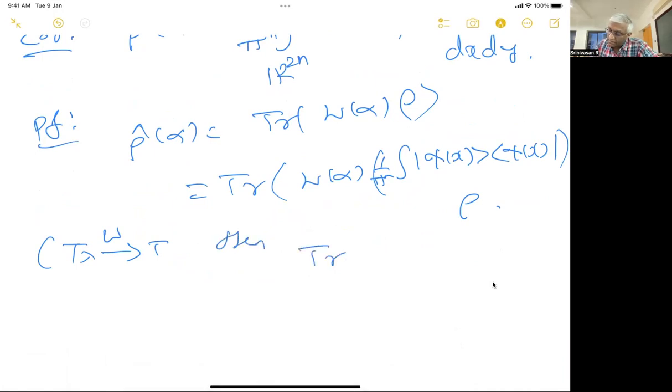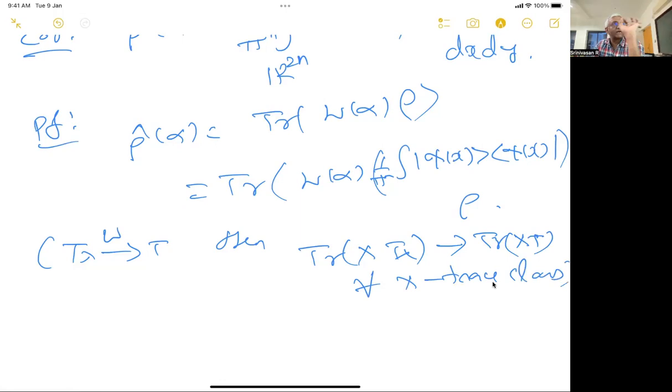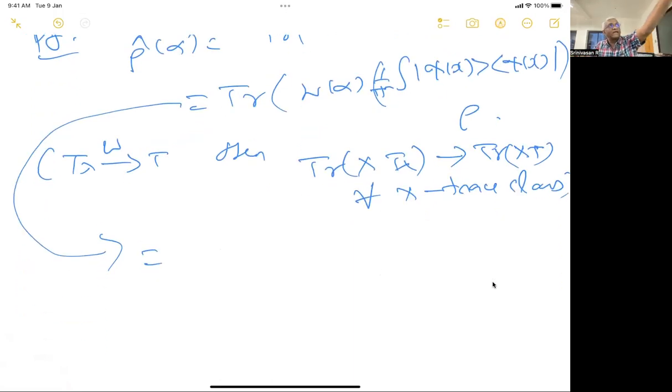then trace of X T lambda converges to trace of X T for all X trace class. If you have a trace class operator X, and T lambda converges to T, then the trace of this converges to this. This was in the exam of graduate analysis. So because of that, this is equal to: you can take the integral out, and the integral is linear and weakly continuous for us. So you can take it out. So the integral over R^2n of 1 by pi, trace of, you can take the trace inside,